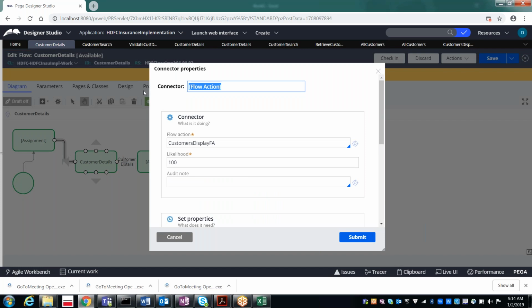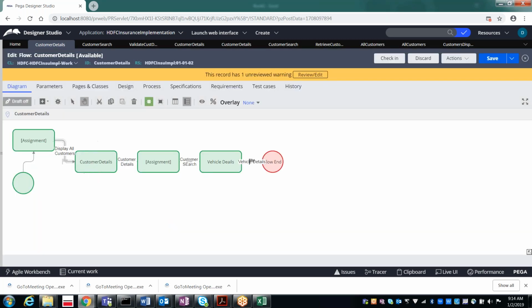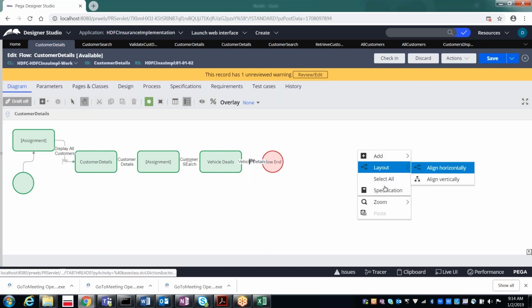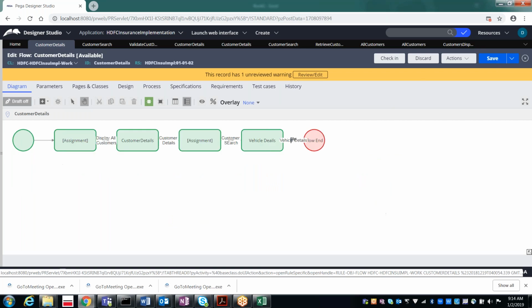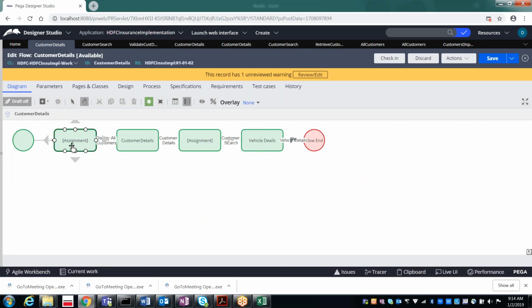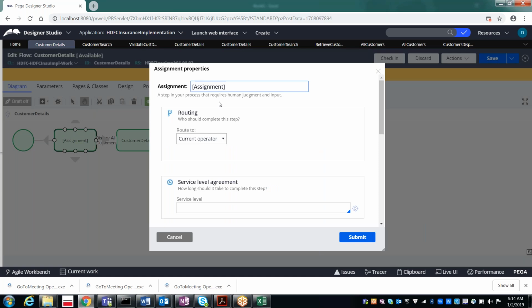Okay, you can give the label for the assignment as well. Save it, submit and save it.